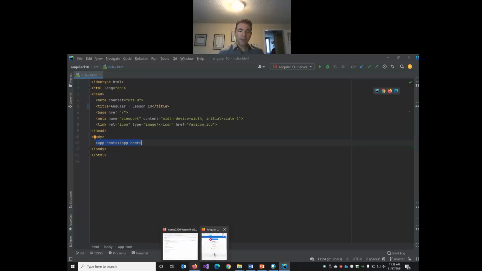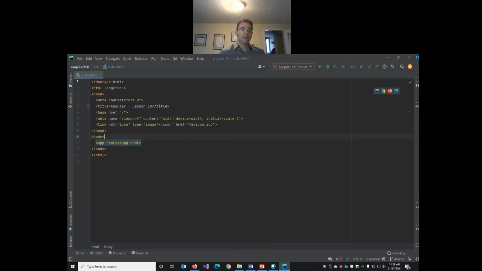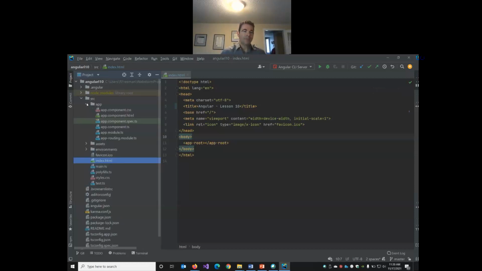So we don't actually see, like there's all this HTML here, but we don't see any of it. So what is this app root? Obviously all of this content's got to live in here somewhere. So where is it? So inside of our app folder,